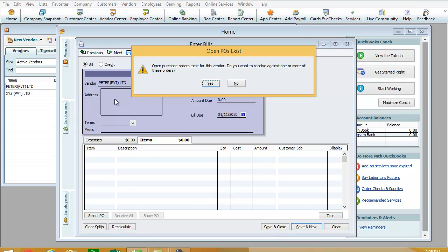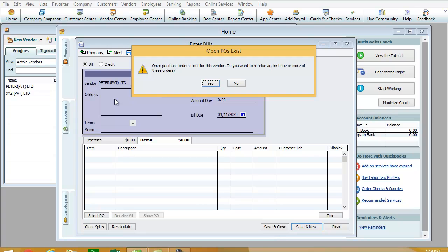Once you click Peter Private Limited, the system will ask, since there may be a number of purchase orders made by us listed. The system asks a question: an open purchase order exists for this vendor. This means for Peter Private Limited, there is a purchase order. Do you want to receive against one or more of these orders?